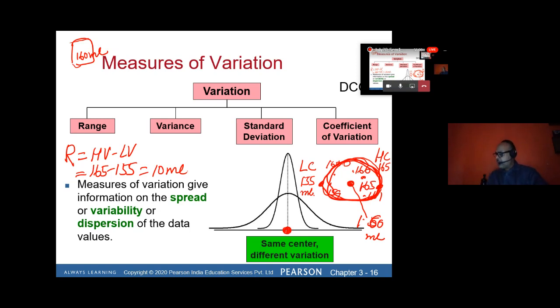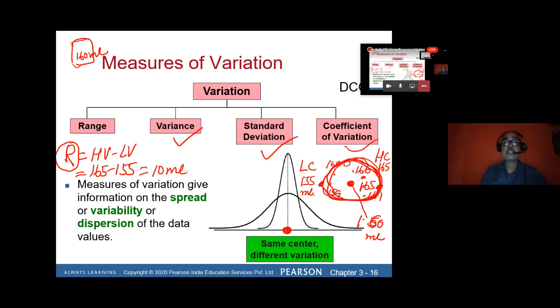There are three other variation measurement techniques to understand the variation of any product and service of your company. Other statistical quantities are also used, like variance, standard deviation, and coefficient of variation. All three I'm going to explain, and then we will conclude the journey of this chapter. One by one I am trying to explain. Range is clear to all of you. Range we calculate by using R. And now coming to how to calculate the variance.